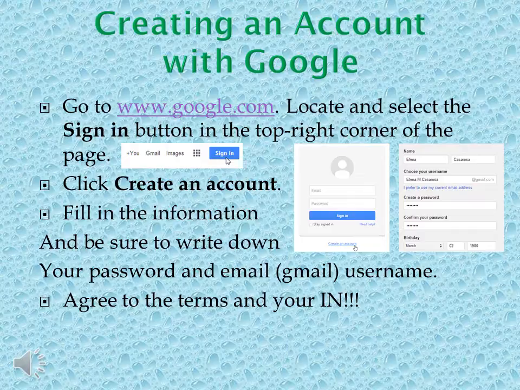Just like with any other service, it's important to choose a strong password. In other words, one that's difficult for someone to guess. You can also check password tips online that can help guide you. But you're also going to want to make sure that you have it written down, because there's nothing worse than creating an account for yourself and not remembering how to get into it. Then you'd have to start all over and create an entire new Google account, and just by writing it down would make your life a lot easier.